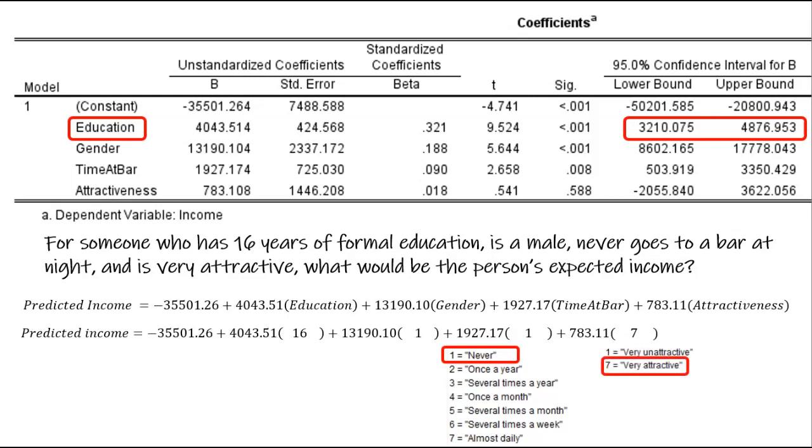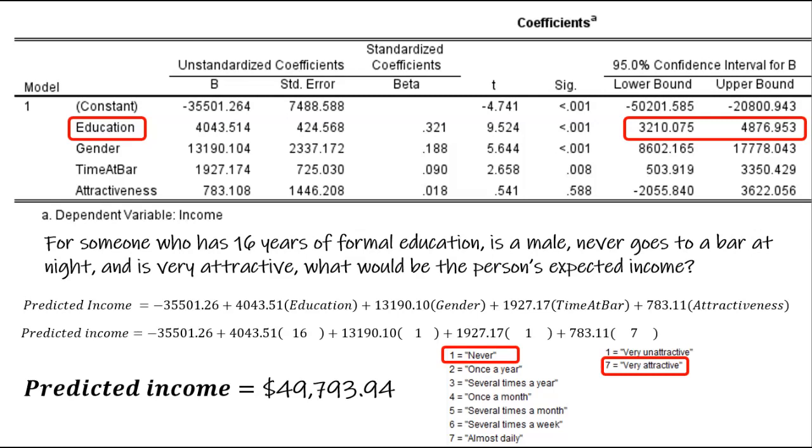Okay. So if you do the math, then the expected value of income for this profile comes out to be $49,793.94. So for somebody who has 16 years of education, is a male, and has never been to a bar, and who is very attractive, that person is expected to make